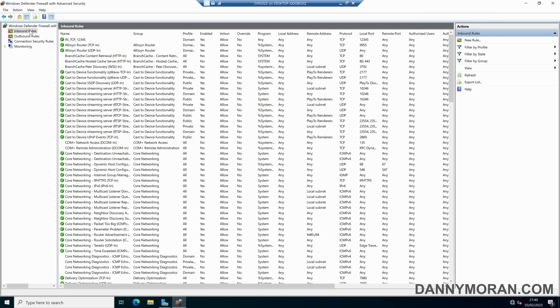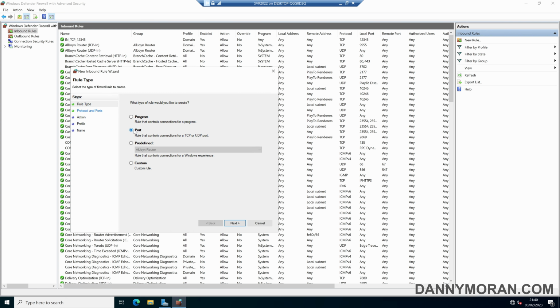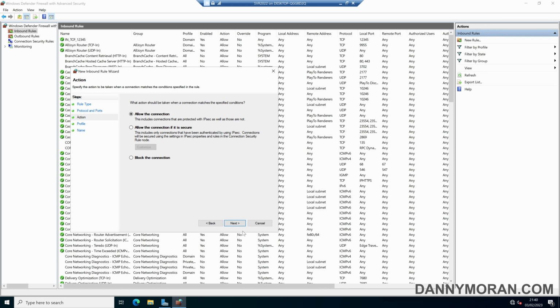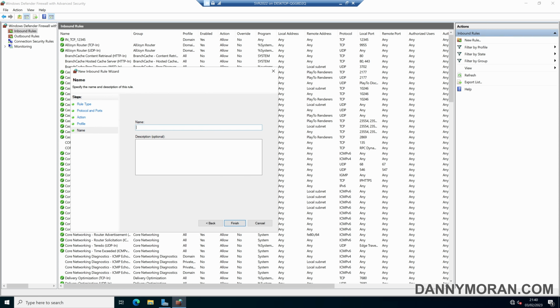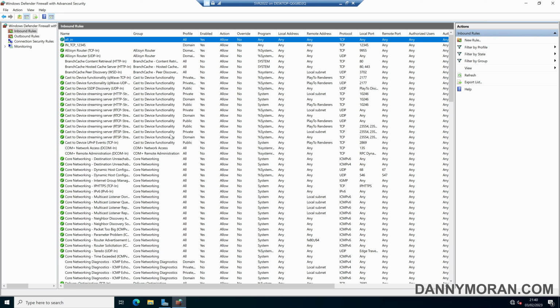But the way we've currently done it, if someone has administrator permissions on the server, there's nothing stopping them coming in and doing new rule, port, all local ports, allow the connection, and then we do all in. So now they've essentially not turned it off, but they've allowed every port inbound, and they've basically just bypassed the entire firewall. So if I just delete that, or disable it because I don't actually want it,